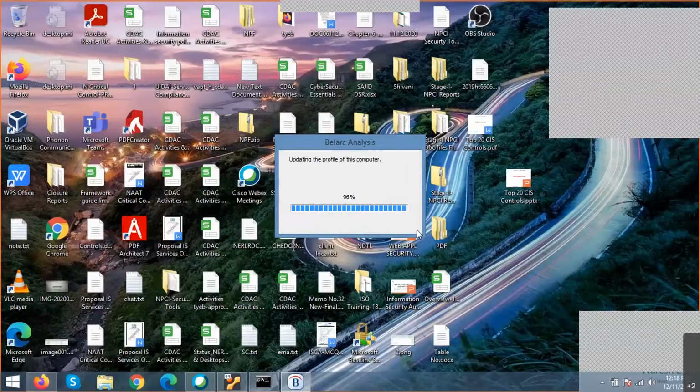If you want to check the vulnerabilities or security level of your PC, you can download this tool and run it. It's almost 96% complete. When it checks the local network of this computer, you can skip that part.